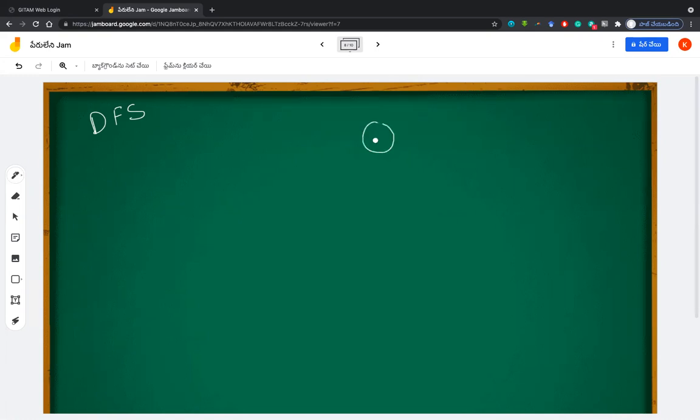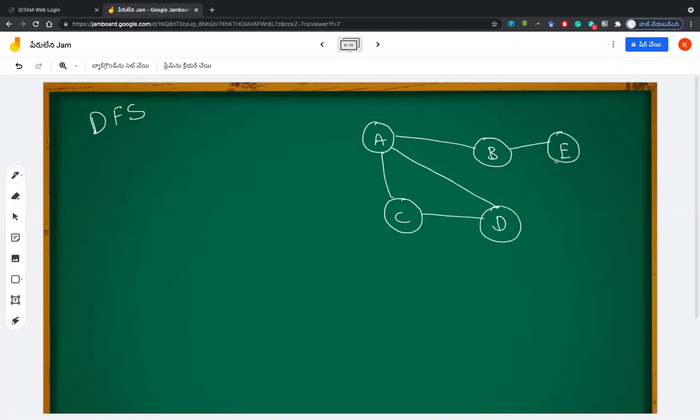Let's draw some graph. A, B, C, D, E. C is connected to E. F. B is connected to F. Okay, see carefully what it is connecting to.